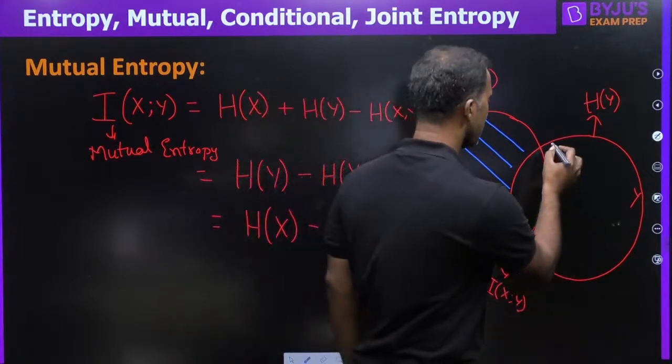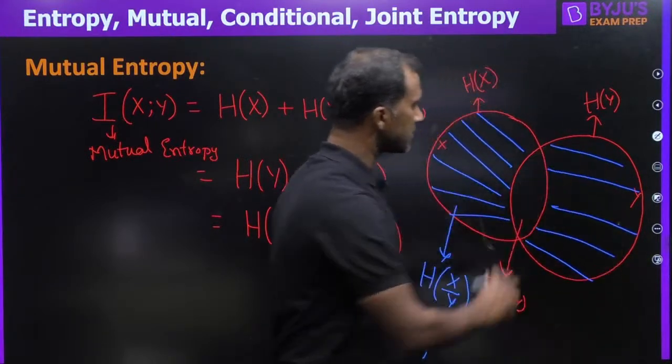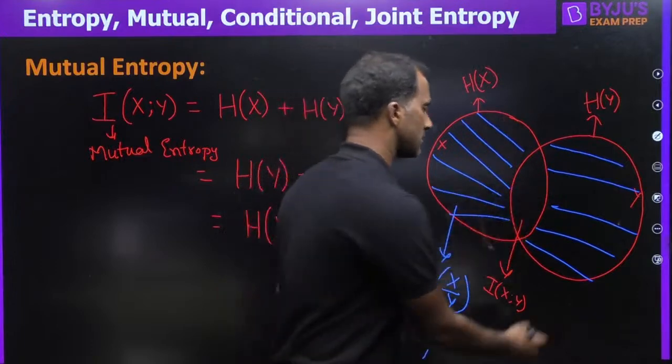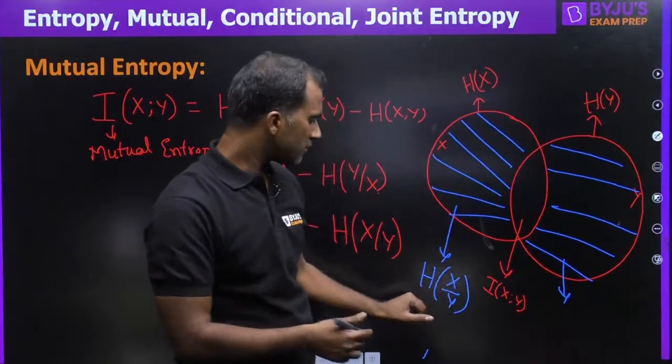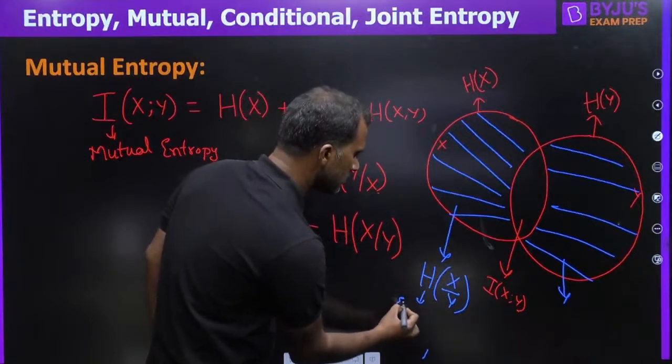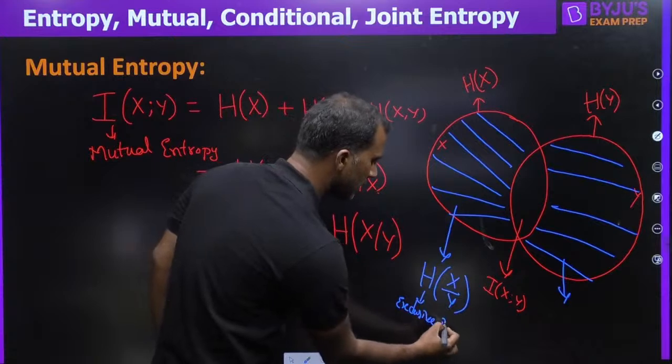Right. Similarly, this part, see this one? This is information in y that is not common with x. The information in y, the exclusive information about y. You can think of this as exclusive information in x, exclusive info about x.